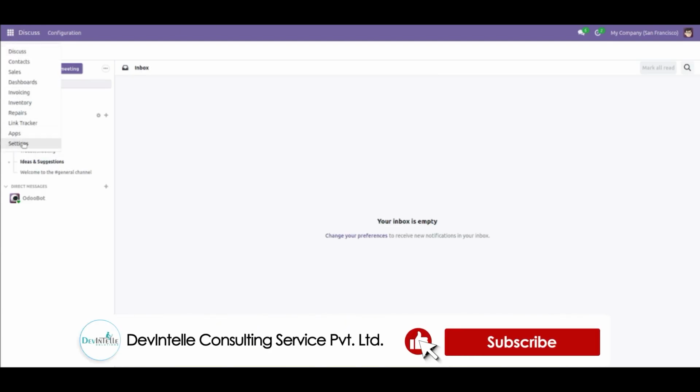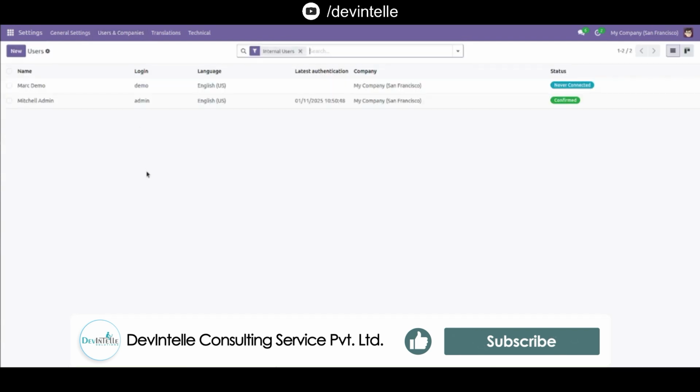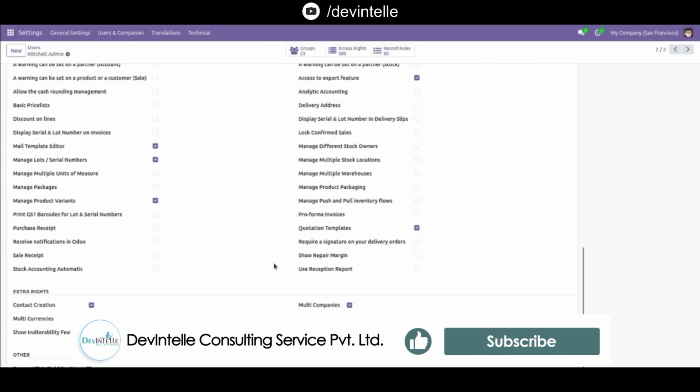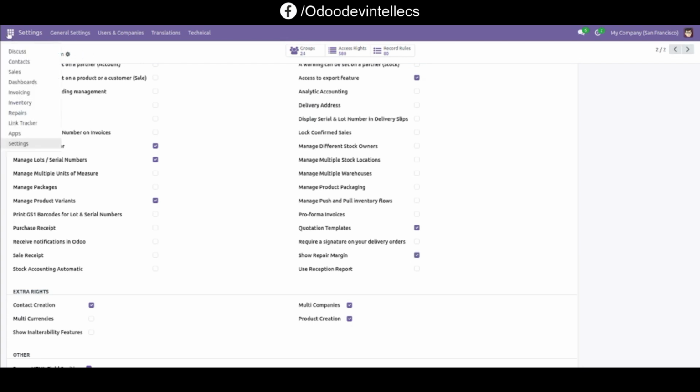First go to settings, users, and see here this option, show repair margin. First allow this for display margin in repair order. Let's save. Now go to repair apps,